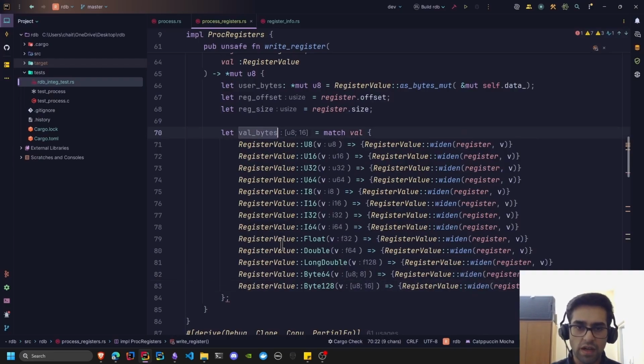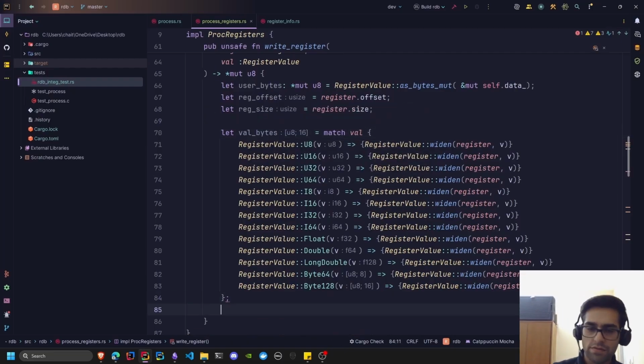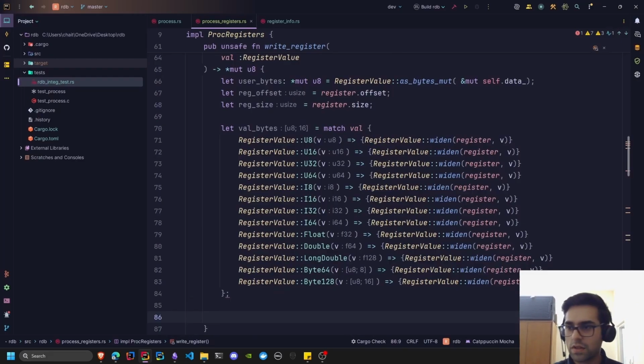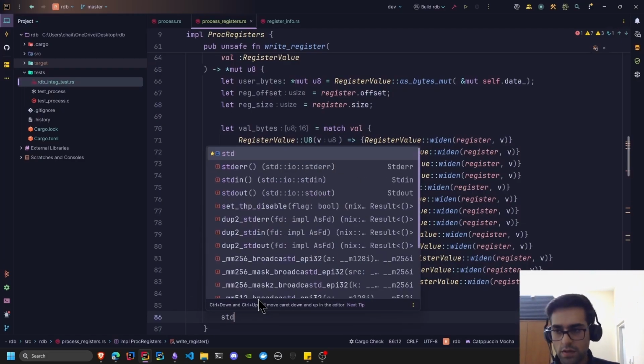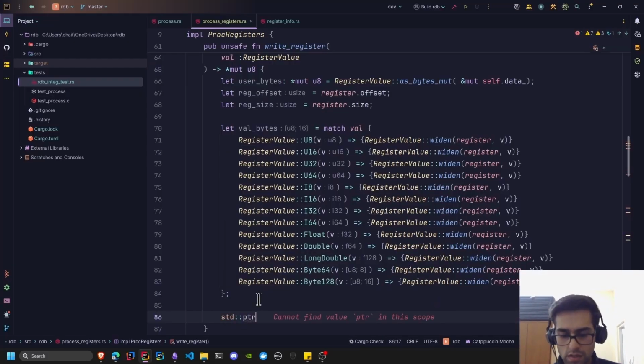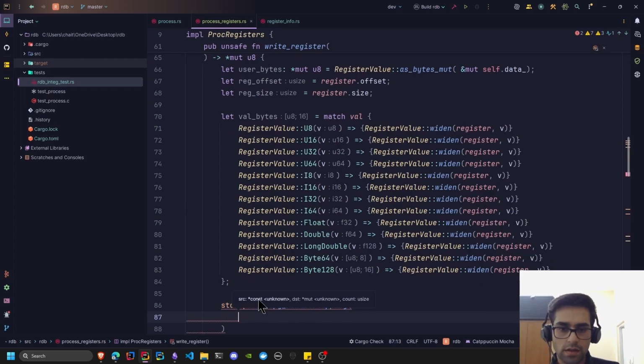So this will give me the val bytes. Now I just want to copy these val bytes into the user bytes at this position, and I want to copy this many bytes. And we have a standard function for that, standard library. So std::ptr::copy_nonoverlapping, and right here,